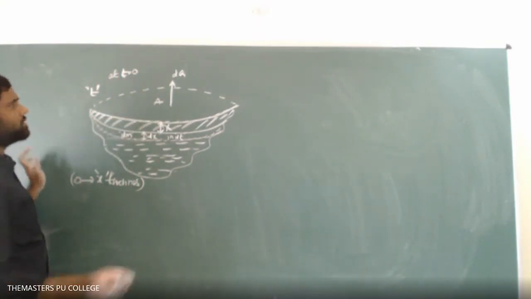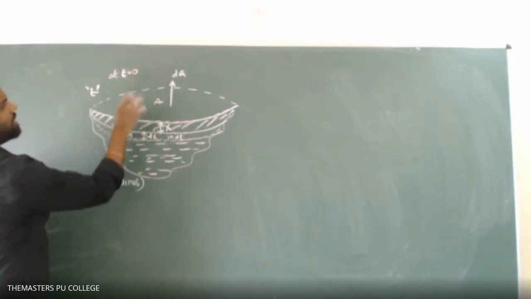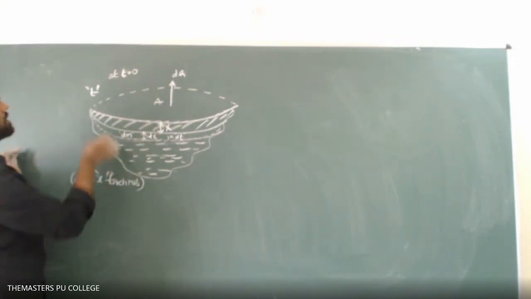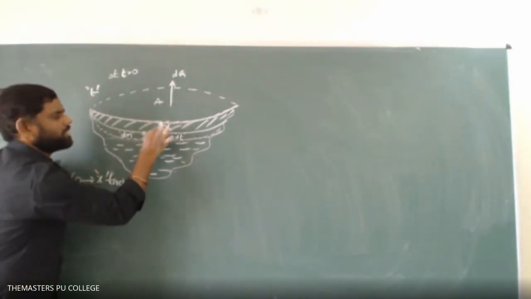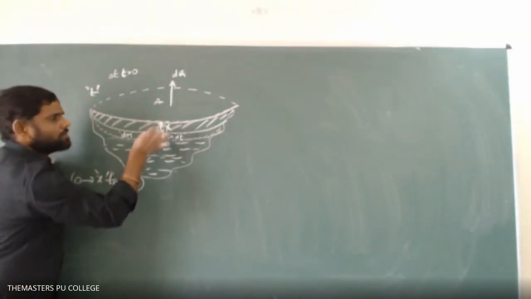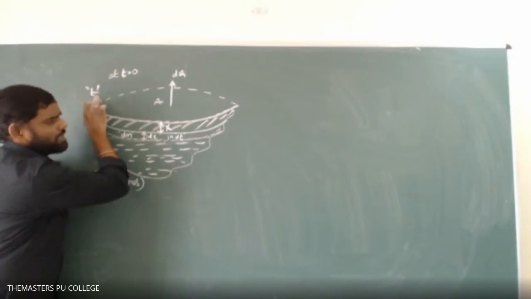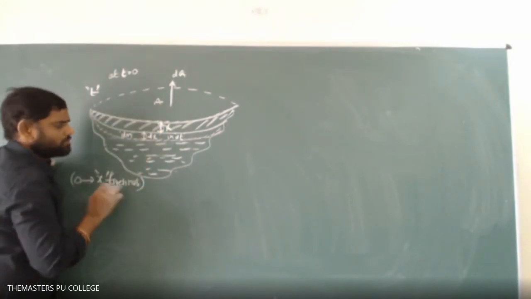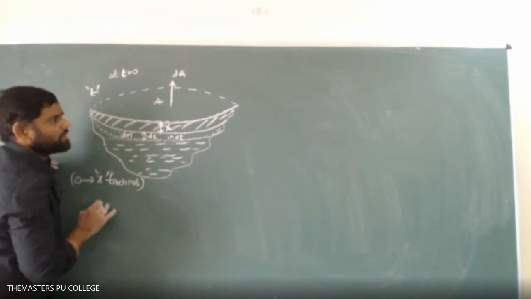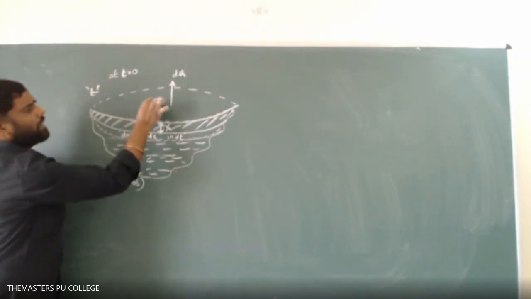There is no ice at t equals 0. The ice starts forming, and after a time t seconds, I noticed that the thickness of the ice layer was x. I would like to calculate the time it will take to grow this ice layer from 0 to x thickness. To calculate that, we have considered the lake area A.